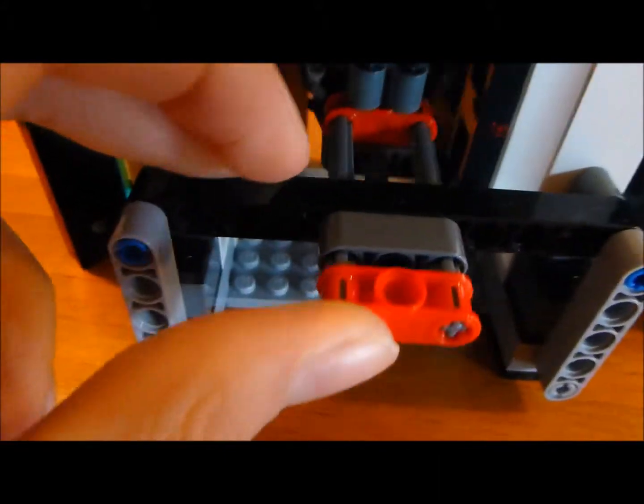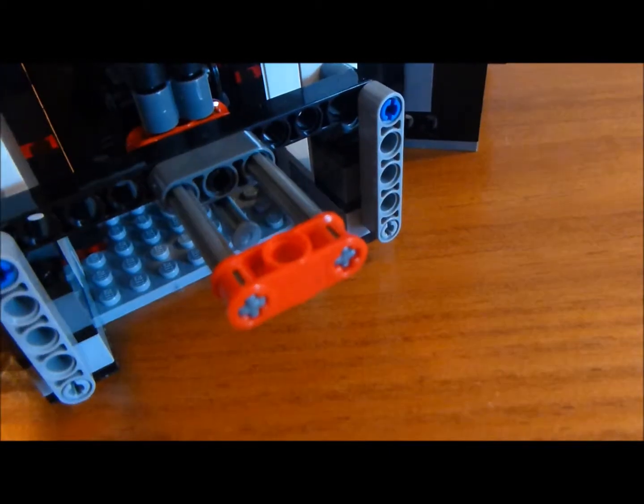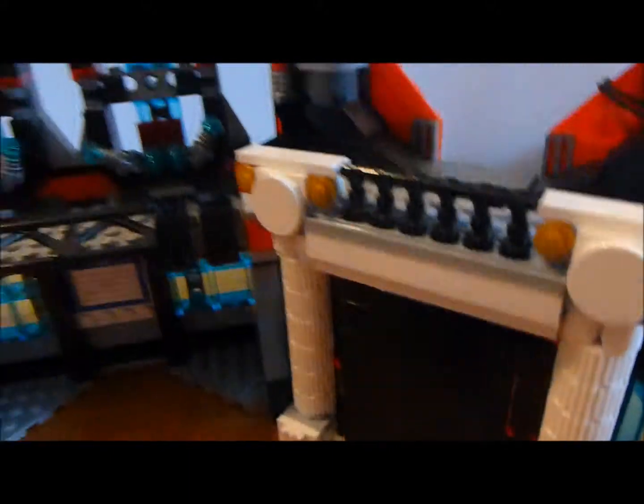So yeah, basically after you push this out, you're going to want to push the bottom thing, and that'll get you this result. You push this in, so then after that's in, once you push the bottom thing, it'll come out like that. But we can close that for now, and well, I guess maybe